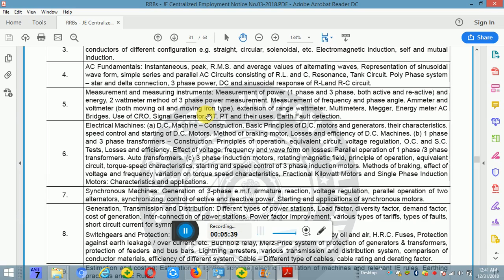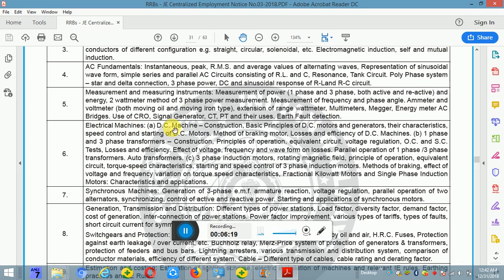Ammeter and voltmeter, study of the ammeter and voltmeter. They are of both types: moving coil type, moving iron type, and extension of range. So there is a method to extend the ammeter and voltmeter range, that is by connecting the resistance in series or in shunt. So these are the extension of ranges, and then measuring instruments like multimeters, megger, energy meters, AC bridges, and